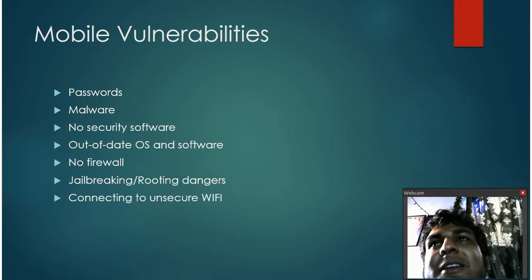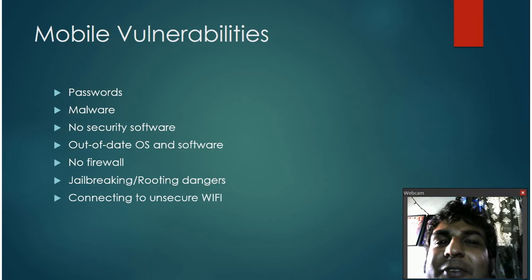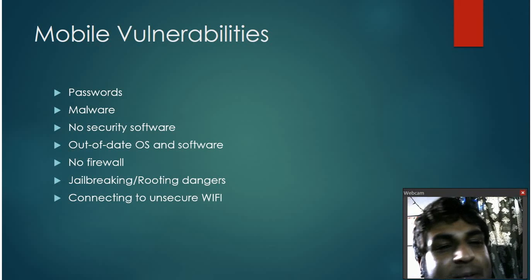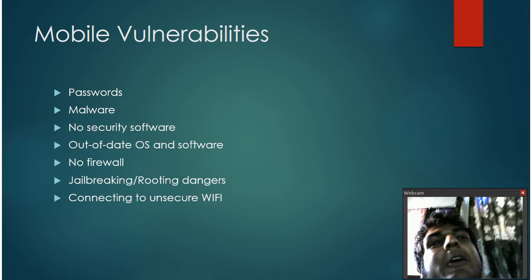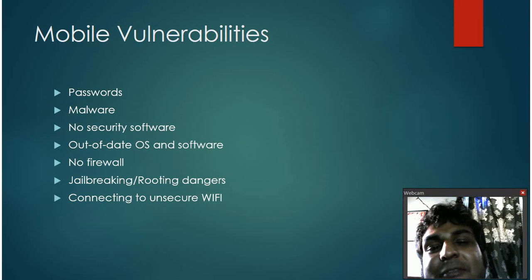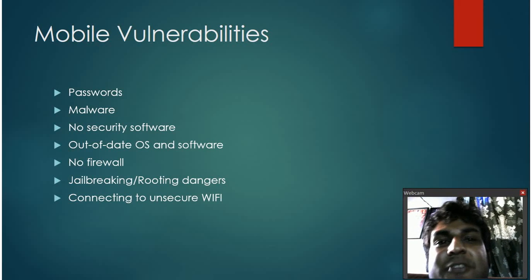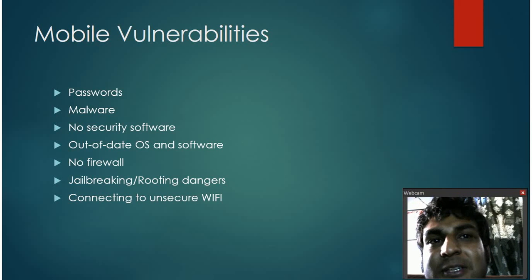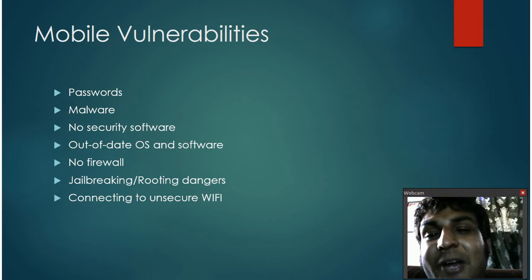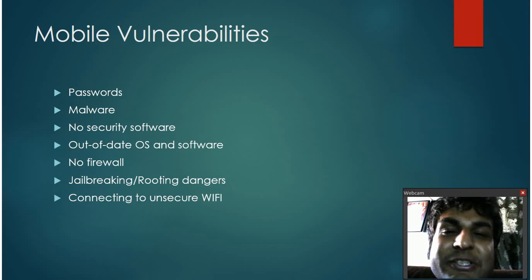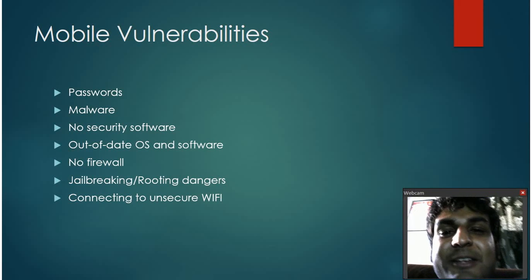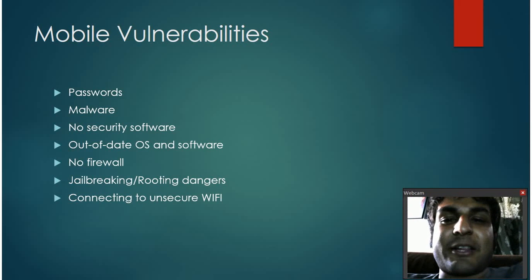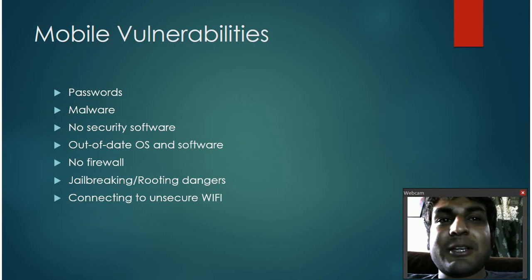And then finally, unsecure Wi-Fi. So you go to the coffee shop. You're like, I'm gonna get a cup of coffee, relax. Oh look, they have free Wi-Fi. I don't have unlimited data, right? So this will be nice. I can check my emails, catch up on Facebook, read the news, and just kind of relax. It seems like quite the ideal situation, which, let's be honest, is pretty nice if you don't have that unlimited data plan, and then you can just relax and have your coffee and catch up. The problem is